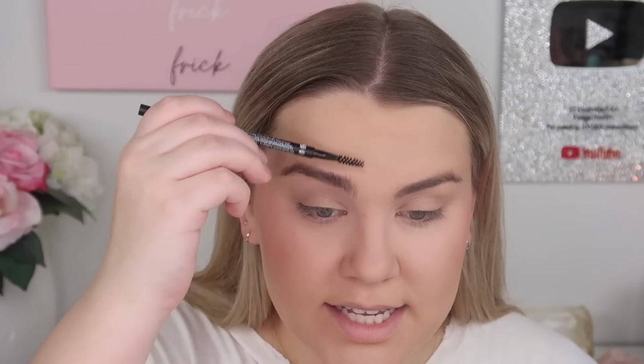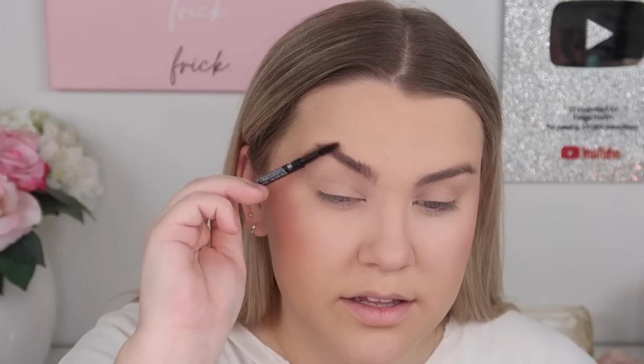For brows, I'm going in with the Morphe Definer Brow Pencil in the shade Biscotti. This is a great brow pencil if you like a nice precise one. It also has a spoolie on the other side, which is super helpful if you don't have one like this,